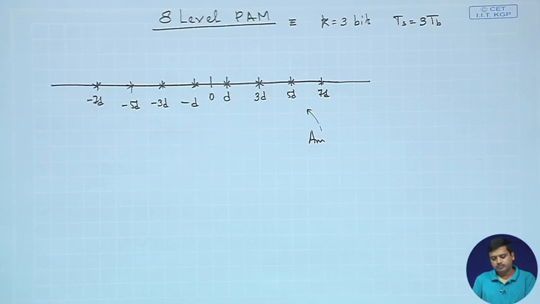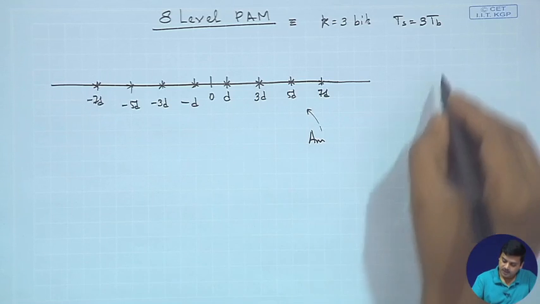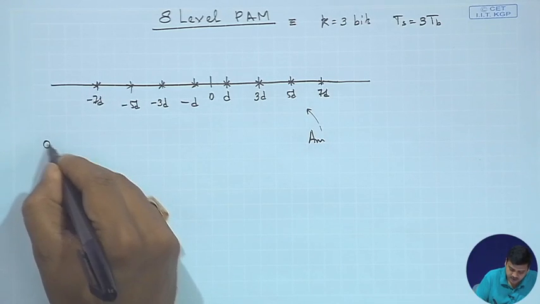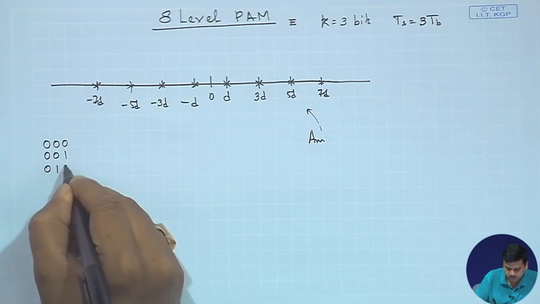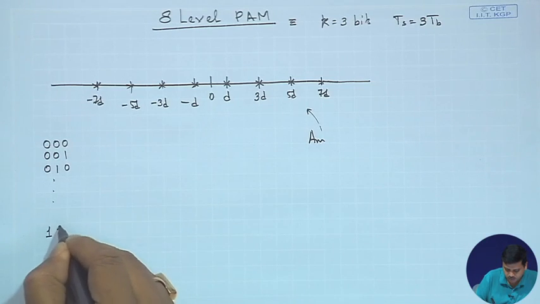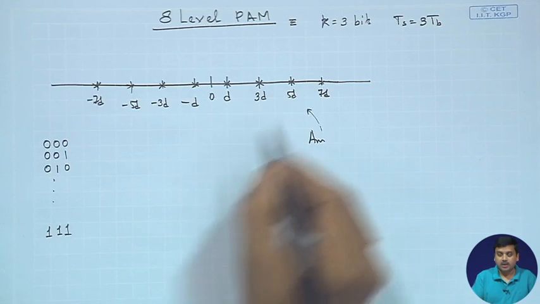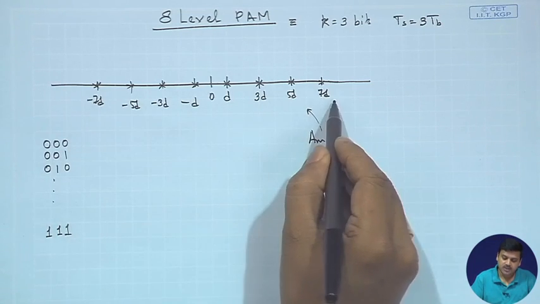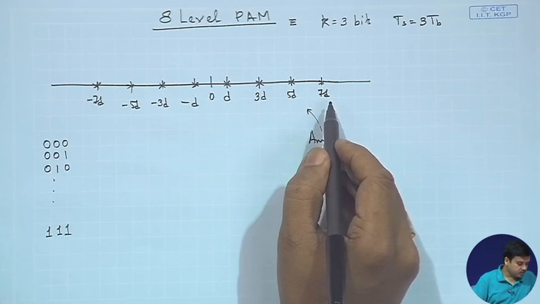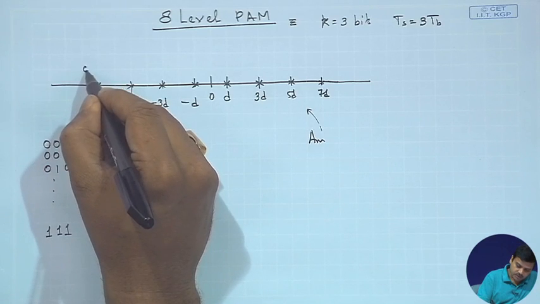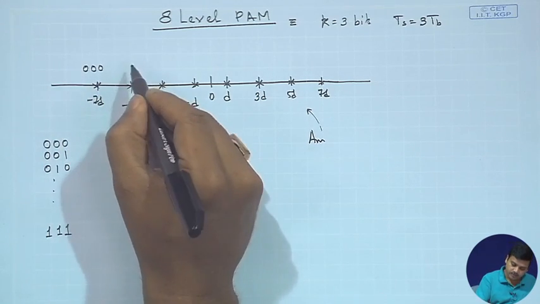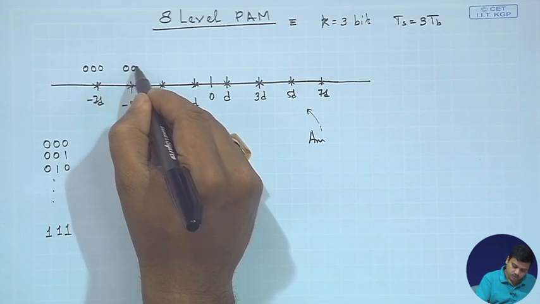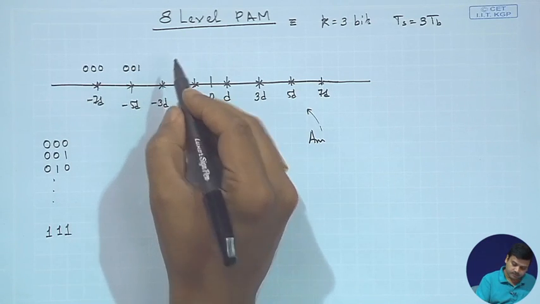The problem with us is you have these bits up to 1 1 1, because they have to be mapped to these amplitude levels, right. So, there could be many solutions. Let us try one. We will begin with 0 0 0, you could then go to 0 0 1, and